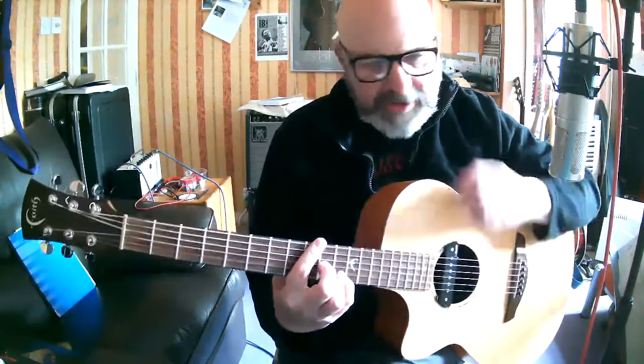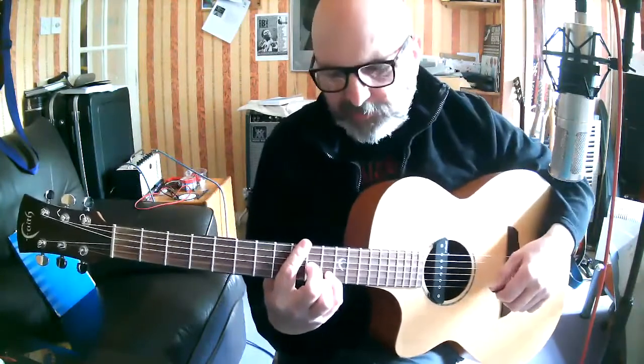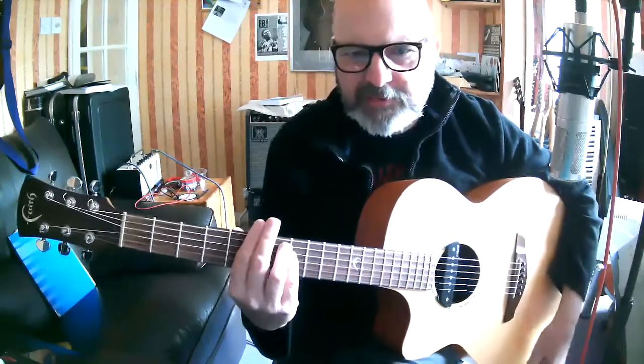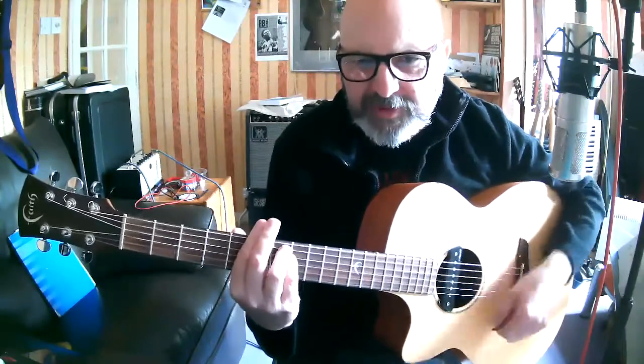Taking that an extra stage, the only other part of the song really is the bridge, where it goes, "Sometimes I feel" and he goes A minor, "Sometimes I feel"